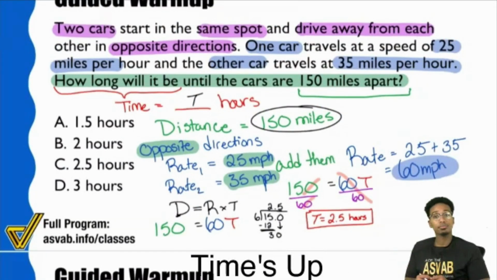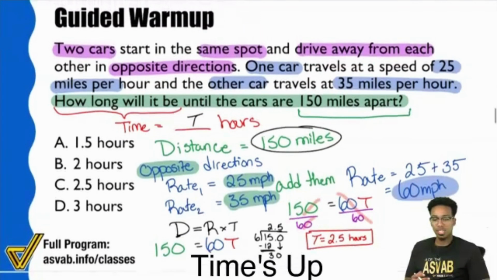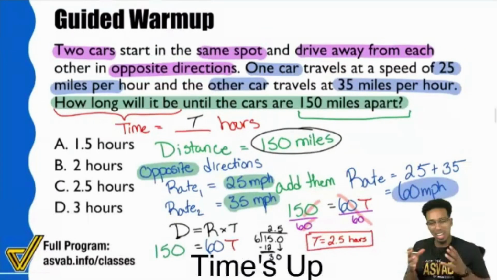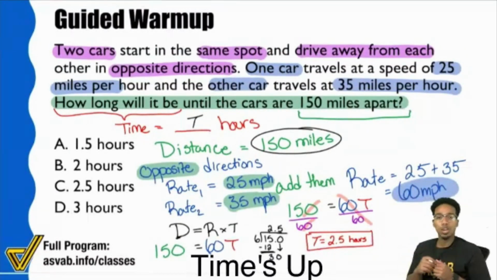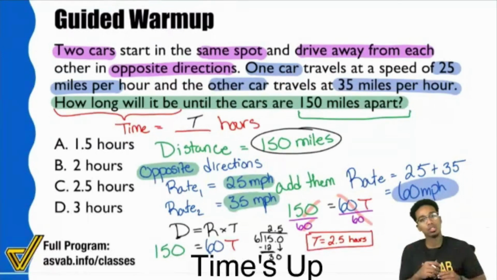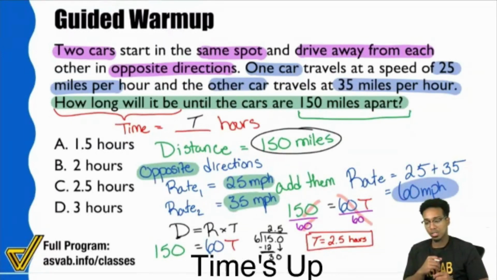Right there. So yes or no, everybody? Are we seeing that we're making a little bit to a lot of progress here? Are we feeling like we can understand this a little more? Opposite directions, add those rates. Same directions, we are going to go ahead and subtract those rates. Right, we're getting there slowly but surely.